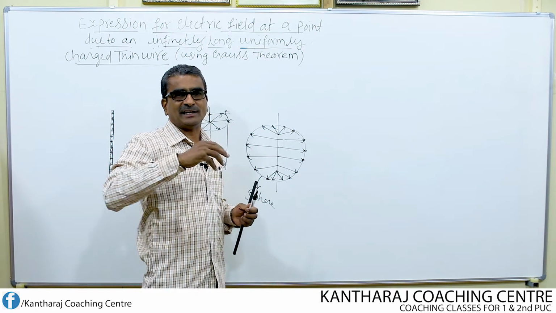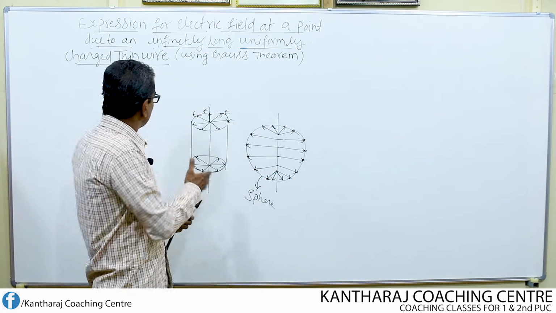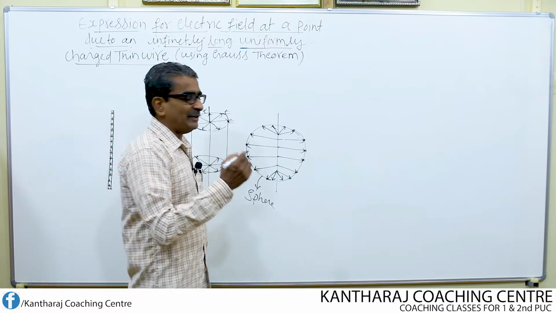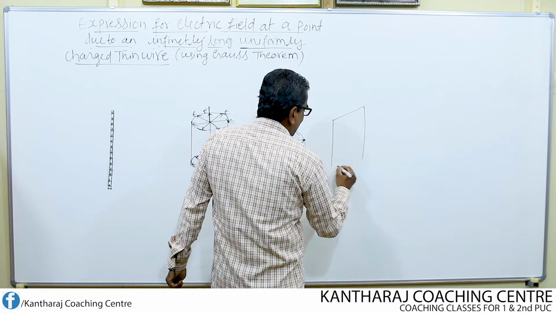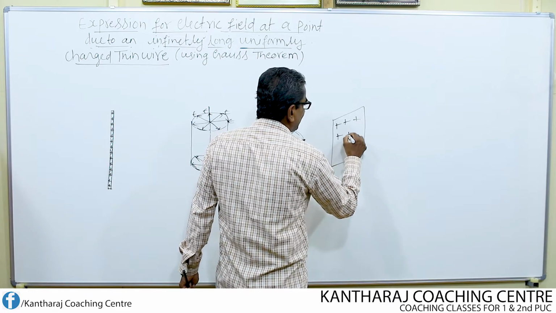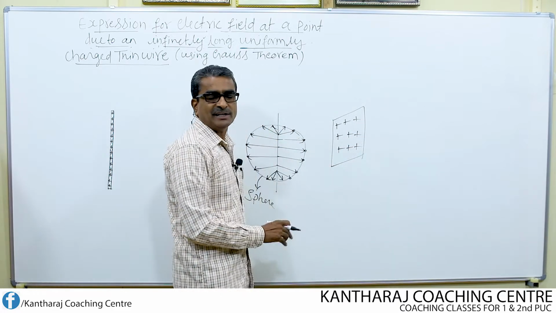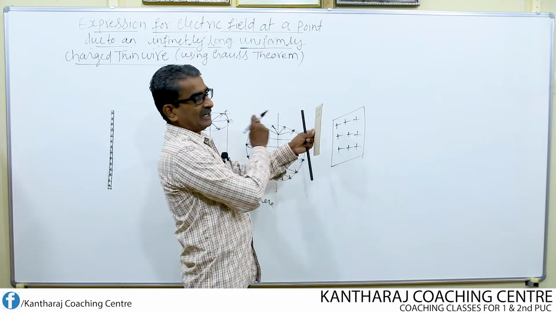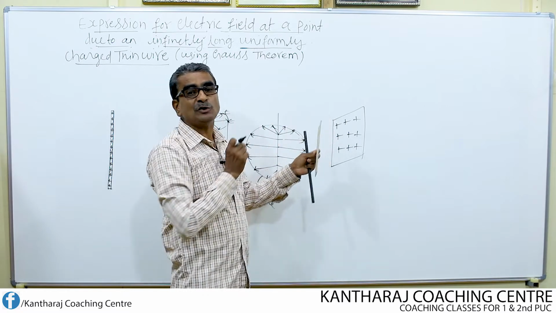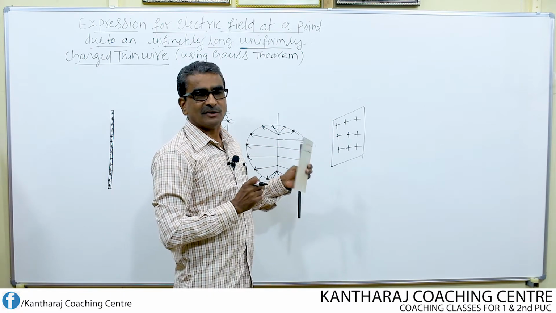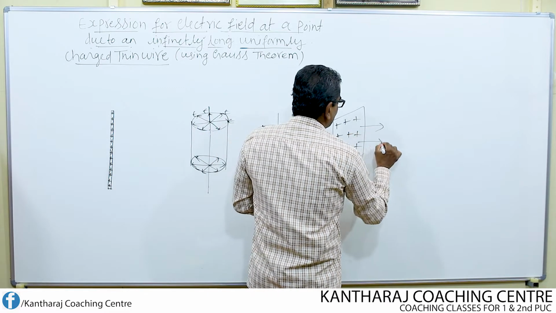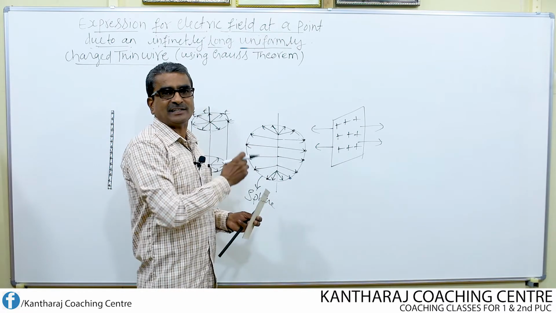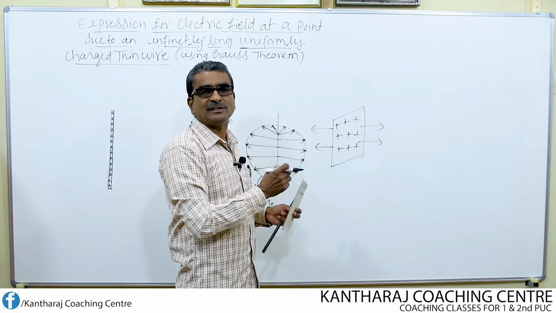If you want to consider a Gaussian surface, then the electric field produced by that particular shaped conductor must be uniform. Even in the previous case, we understood that in the case of a charged sheet, on either side of the sheet the field is found to be uniform. So if this is the sheet, both on this side and on this side, the electric field lines are found to be parallel. That is why the field is said to be uniform. So since the field is uniform here, we selected a suitable Gaussian surface.